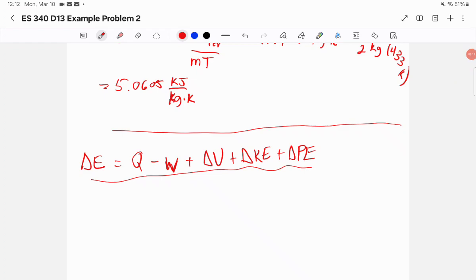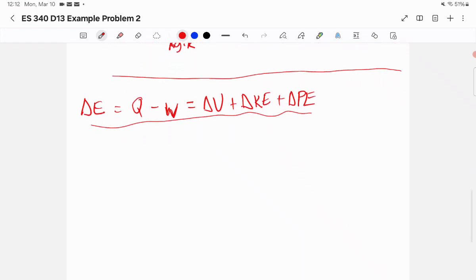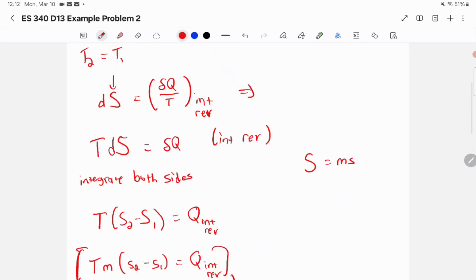I'm sorry, here I made one slight mistake. This is going to be equal to, not plus. Sorry, equal to, there we go. So the delta E is equal to Q minus W, equal to delta U plus delta KE plus delta PE, okay? So that means Q minus W has to be equal to, well, in this case,